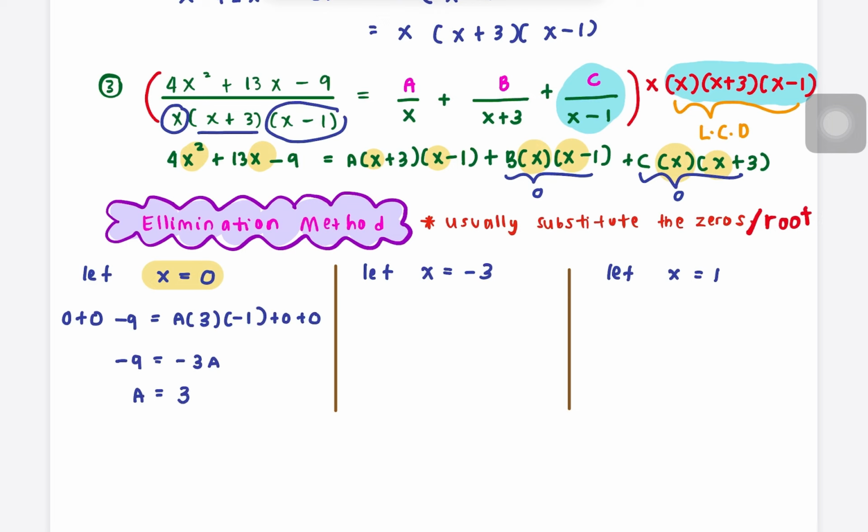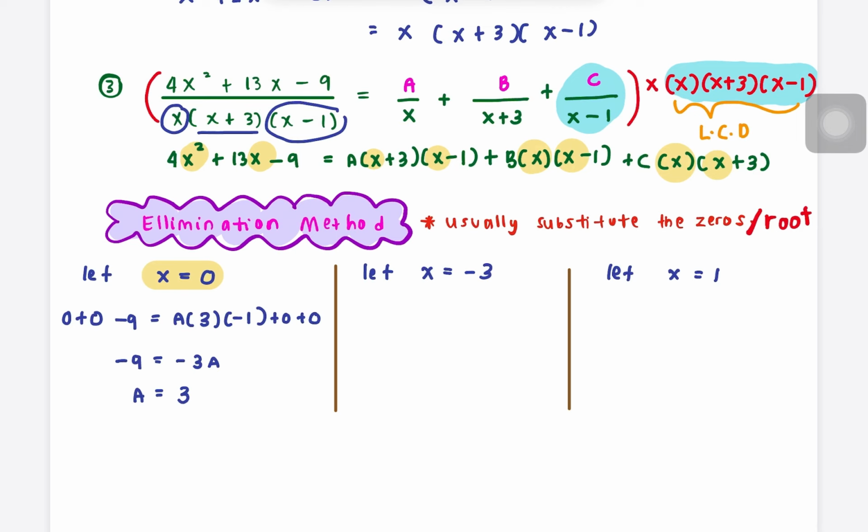For the left hand side, you have 4, negative 3 squared is 9, 36. So this is 36. And then negative 3 multiplied with 13 is negative 39. And then minus 9 equal to